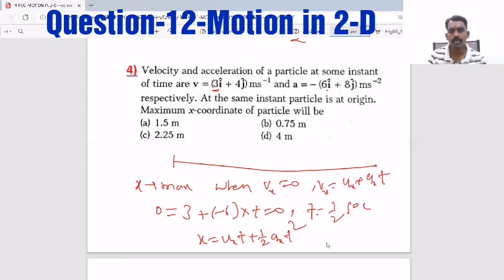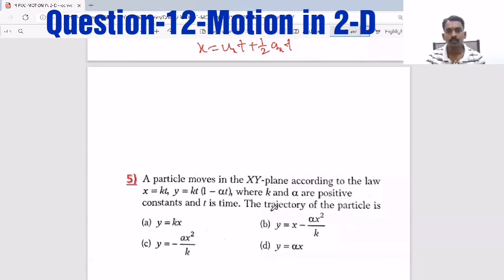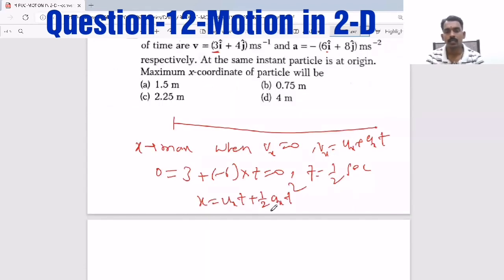If you observe, again the same equations are used and a similar kind of condition I have used. Like when you throw a body upward, motion under gravity, uniformly accelerated motion. At the highest point, when it reaches maximum height, the velocity becomes 0. Same way here, when x coordinate becomes maximum, the x velocity also becomes 0 whenever the body decelerates. So you can apply and try to solve the question.